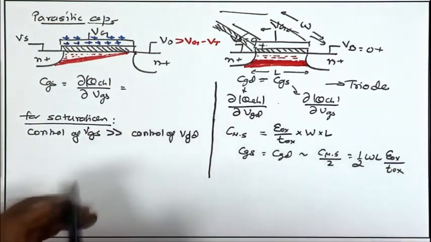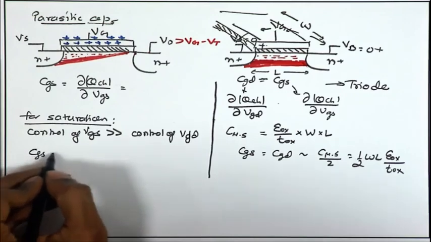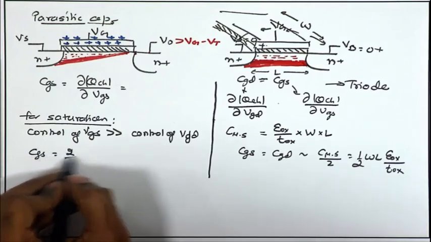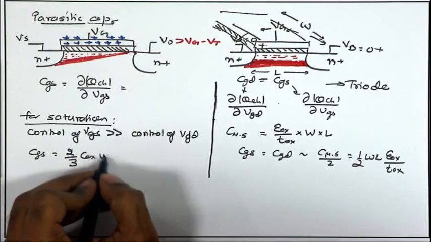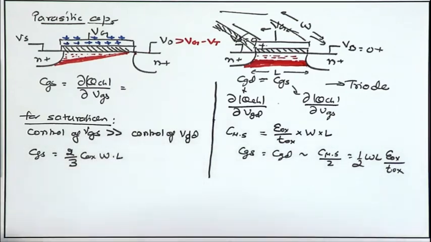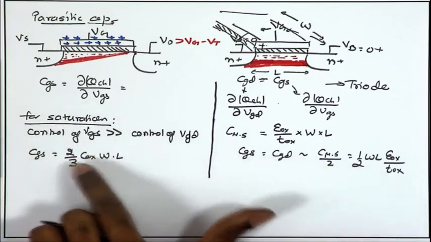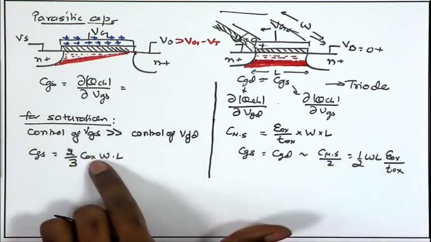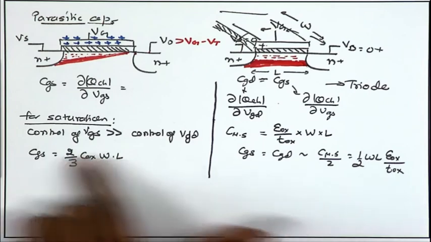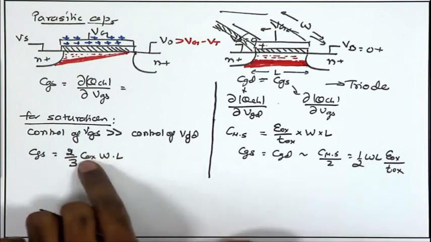But approximate analysis can give us CGS approximately equal to 2 by 3 times COX times W times L. So, more than half of the overall capacitance between the gate and the bulk, 2 by 3 of W L COX, is